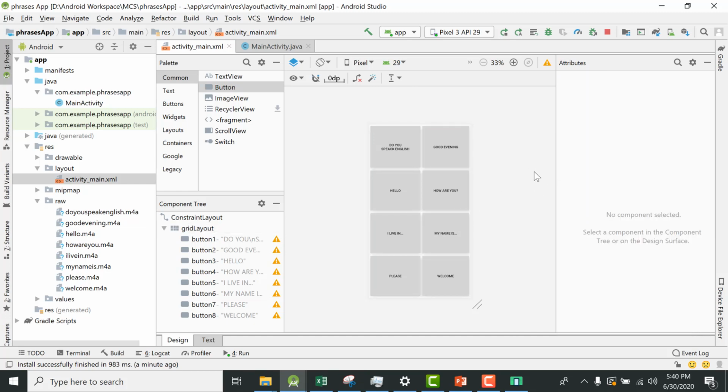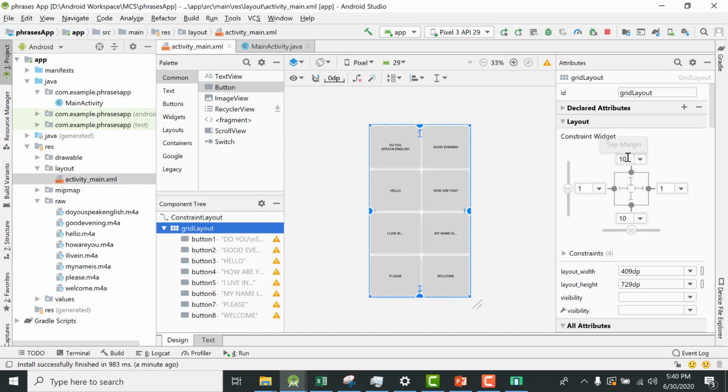So you see that something has happened, but I want to squeeze it a little more. So let me say it is 20 from the top and 20 from the bottom. So I hope that there will be some improvement in our app.